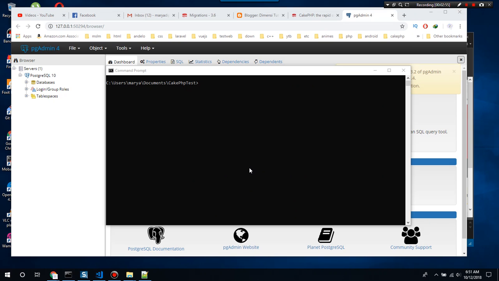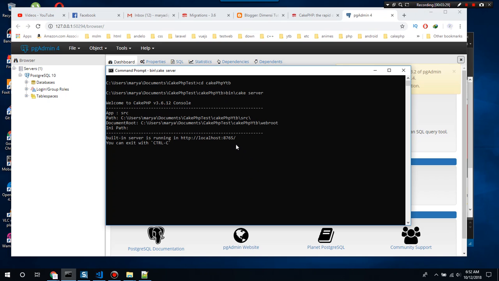Okay, after downloading CakePHP, the next thing you have to do is go to its directory. So cd cakephp_youtube, and then in this directory we can run the server of CakePHP. So just type bin/cake server. We can see that our CakePHP is already running on localhost port 8765.